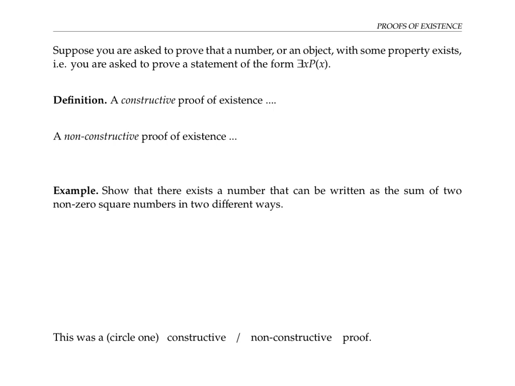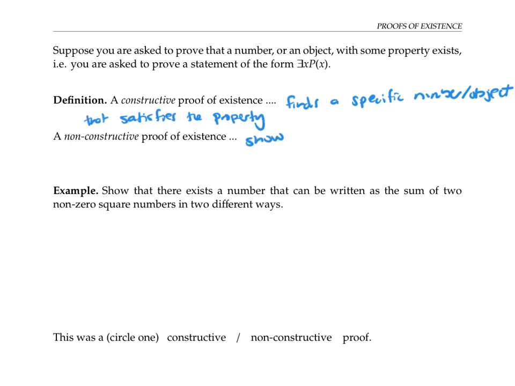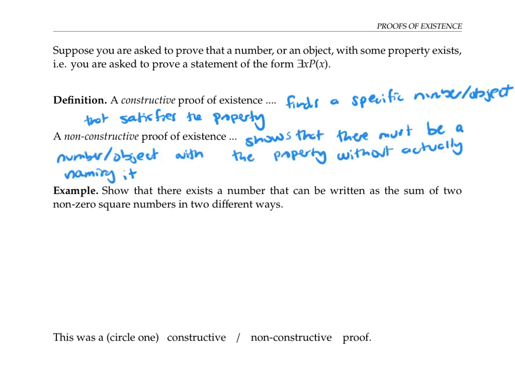A constructive proof of existence finds a specific number or object that satisfies the property. A non-constructive proof of existence shows that there must be an object or number with that property without actually naming which one. A non-constructive proof of existence may use a proof by contradiction to show that this number or object